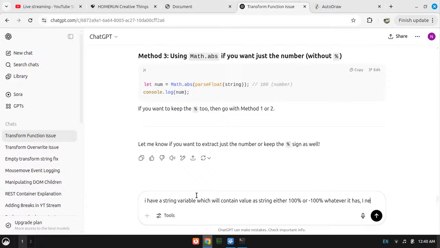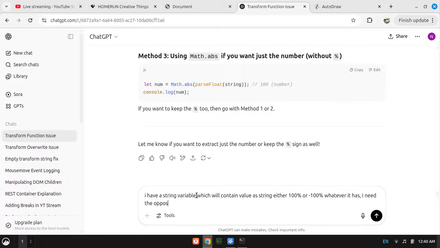I need the opposite one to return. I have the value in a variable named value. How to help me?